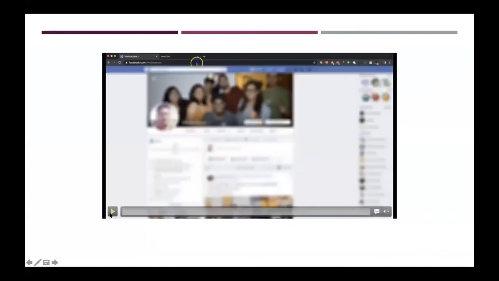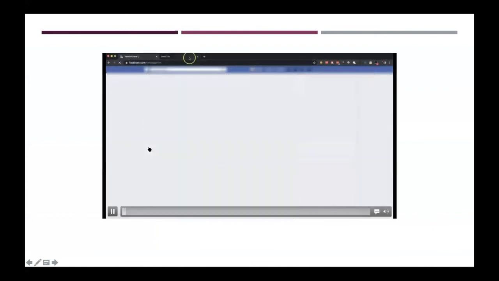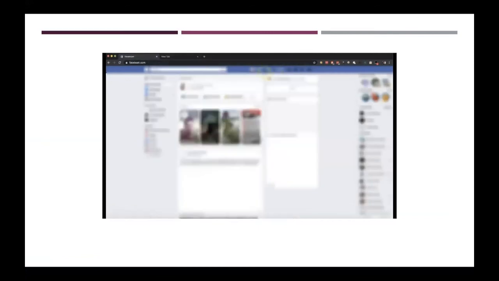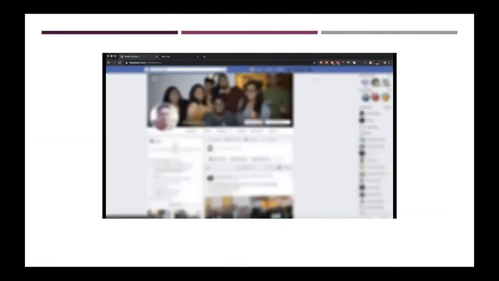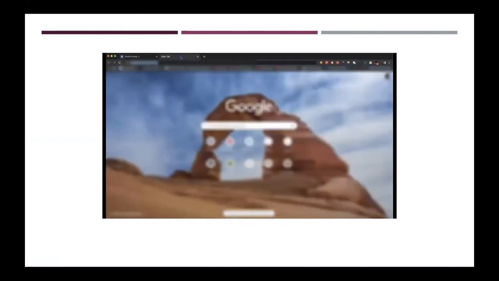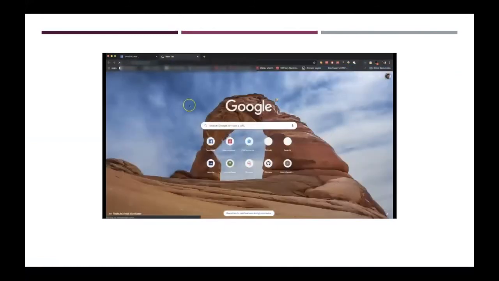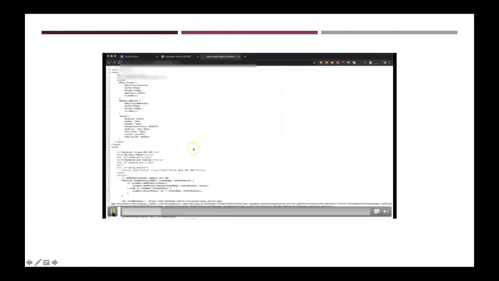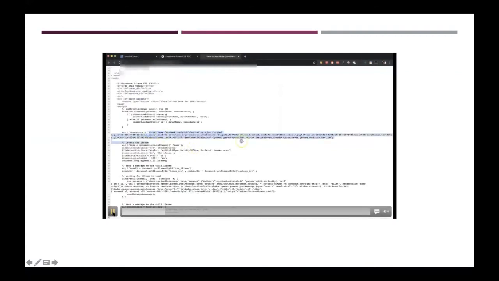So there is a sweet POC of that. Vinod is just sharing the crafted HTML form in which he has defined the postMessage which is sharing the XSS payload to Facebook.